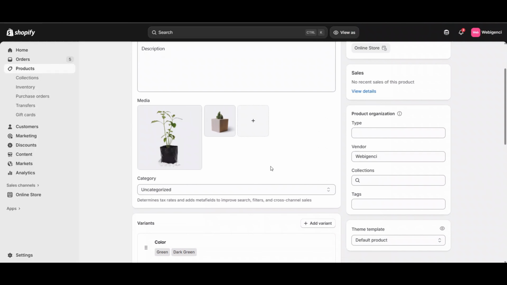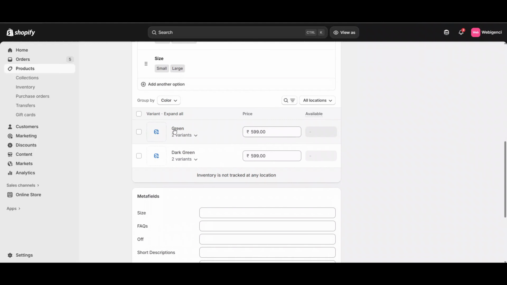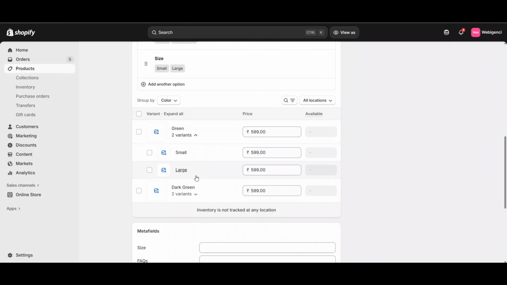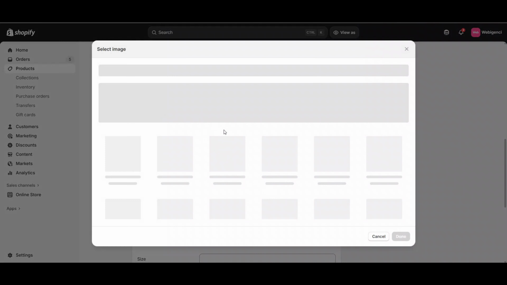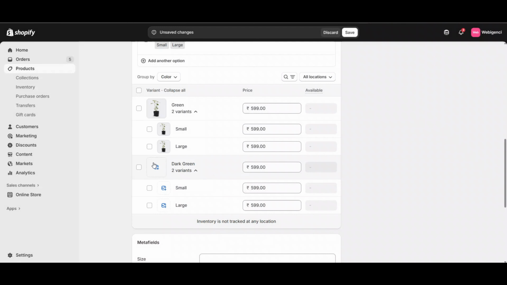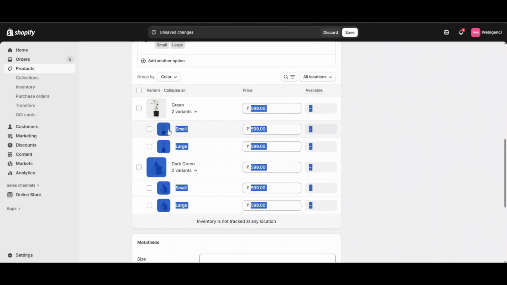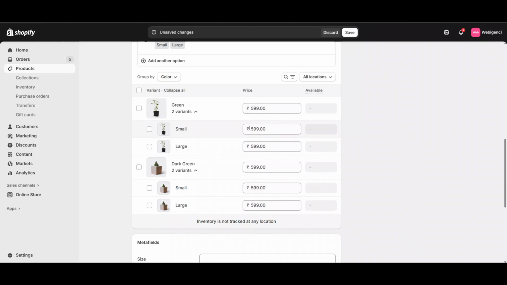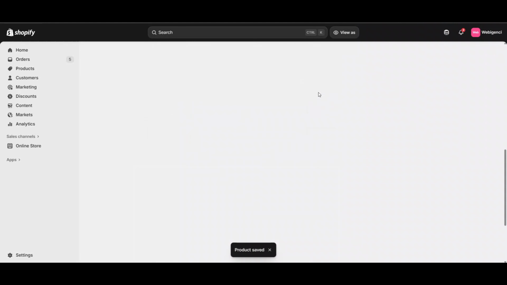Now, if you want to manage these variations, like how we can manage color and size variations, here you can see they have created specific entries for it. You can add a specific image for the green color you want, like for green, I want this. And when someone clicks on dark green, I want this. And you can also add inside, like for small you want a different image, for large you can update here. From here you can manage pricing. Now if you want to manage more details of it, click on it, click on bulk edit.